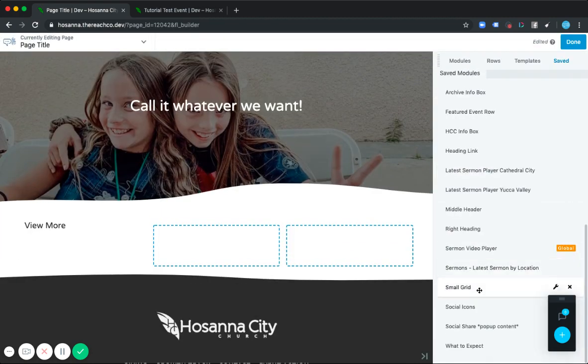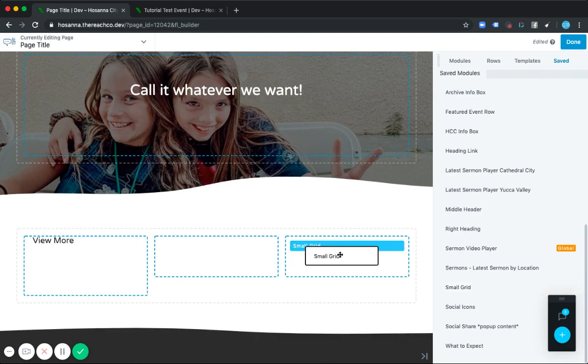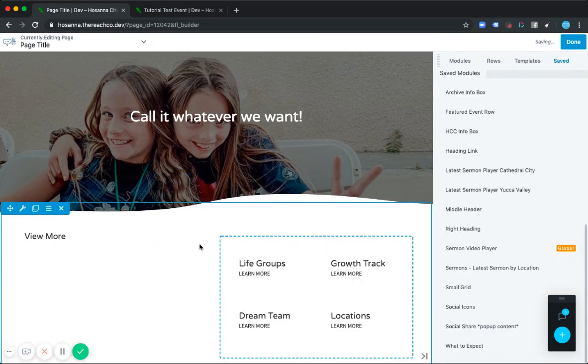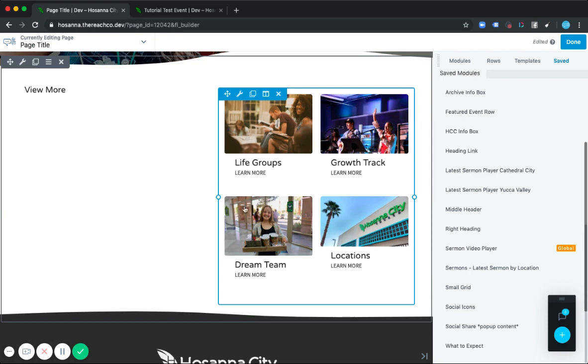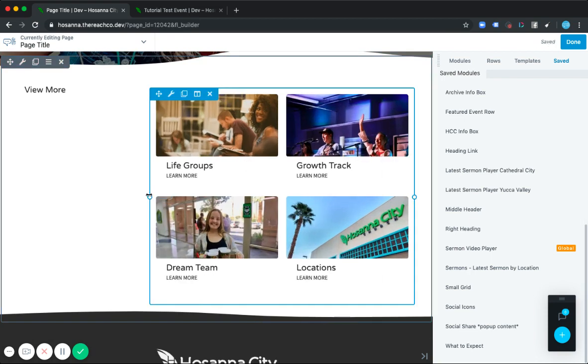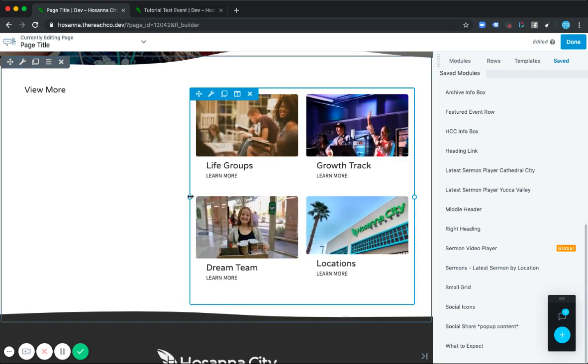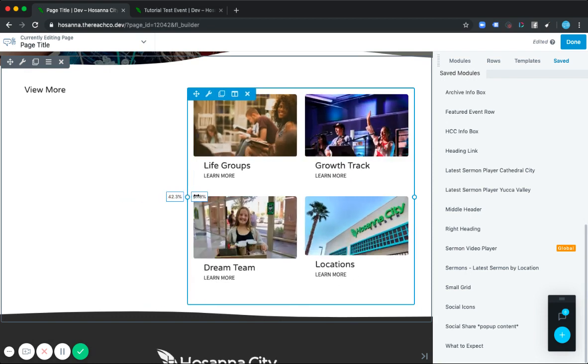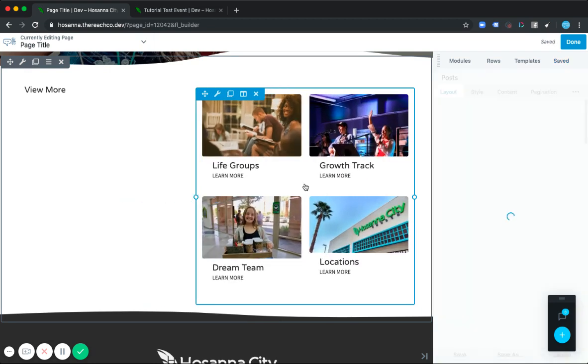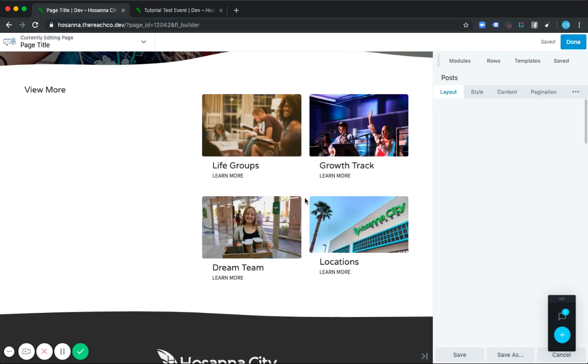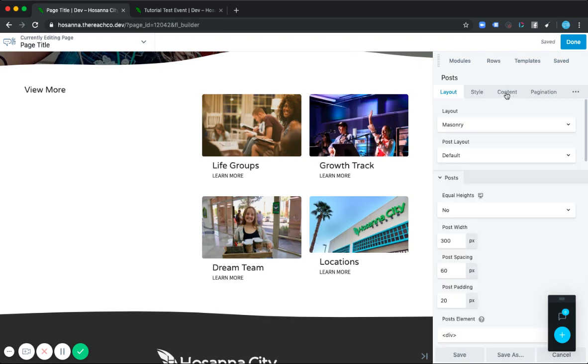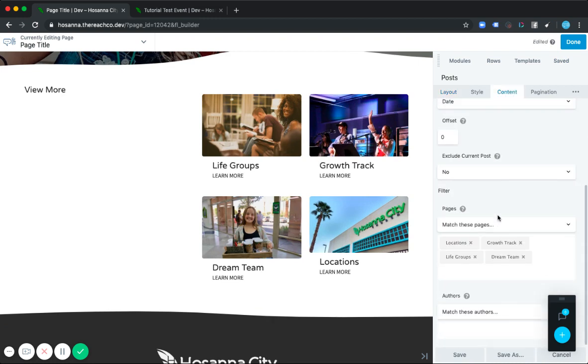Let's do a small grid. This is one of the grids we made for you guys. It's resizable. You can drag the column left to right to change the width. And for this, we can change what shows up in this grid by going to content. You can see I have a filter to match these pages. So it has the locations, life groups, dream team, growth track, those are all right here. And if I get rid of one of them,